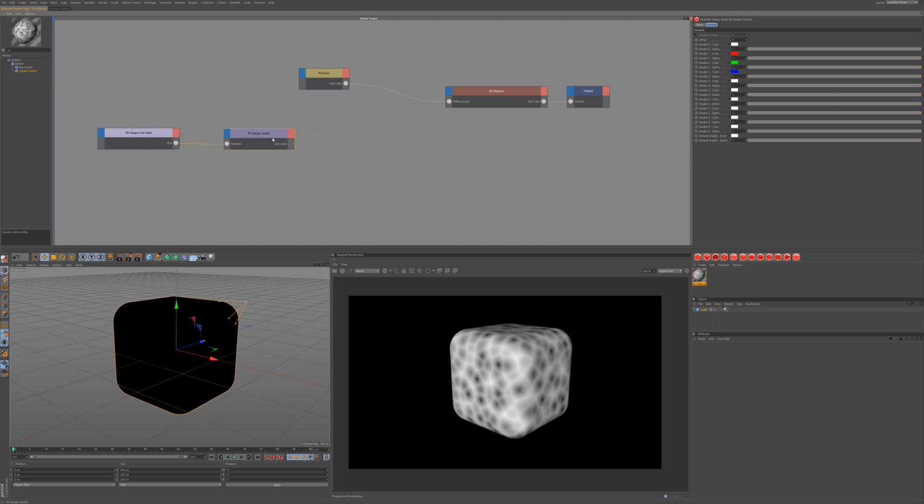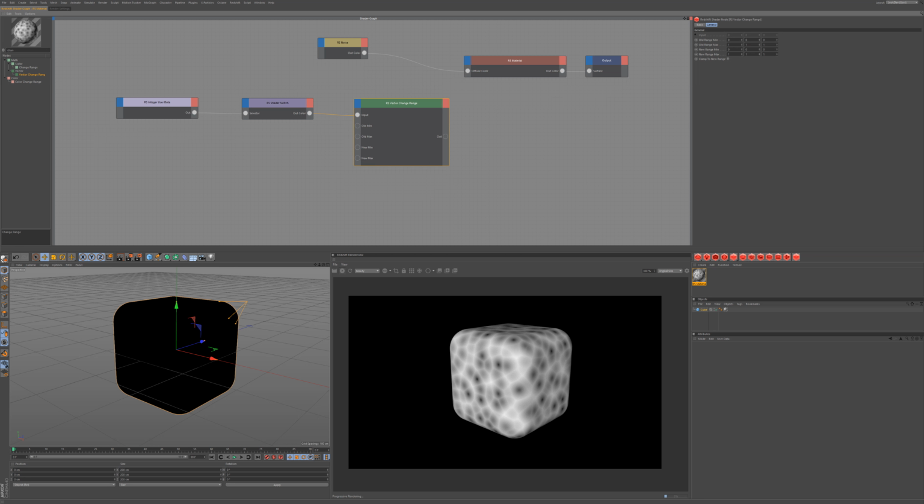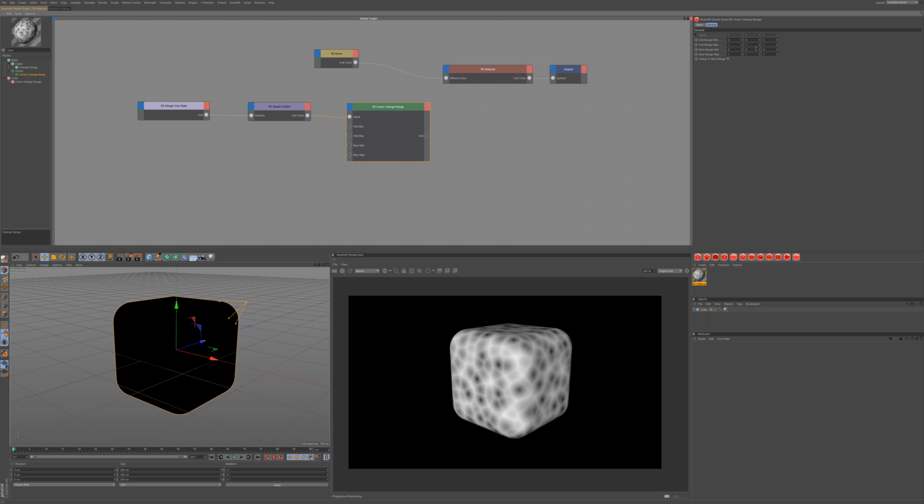Then I'm gonna use a vector change range. I'm gonna get this from 0 to 1, and I'm gonna say, okay, old were 0, 0, 0, 1, 1, 1, what about the new ones? Well, I'd like to have some value for the min, some value for the max. I don't know yet. Let's not clamp them. But because I want a slider here instead of these 9 values, I'm gonna create 2 scalar nodes. So I'm gonna use an abs, and I'm gonna put this on 1,